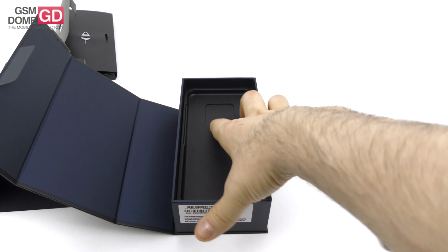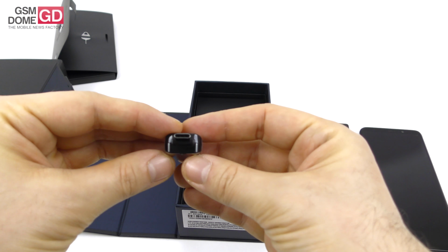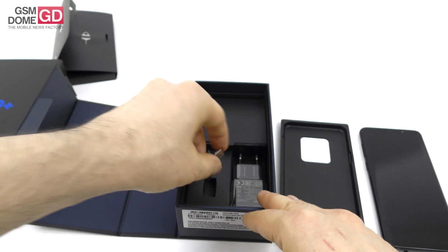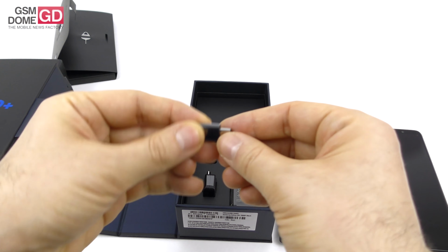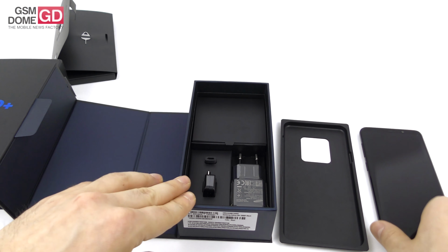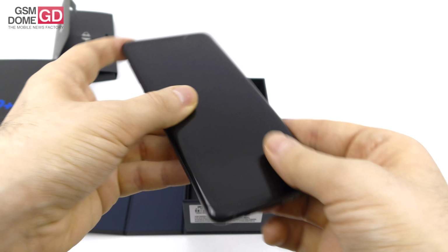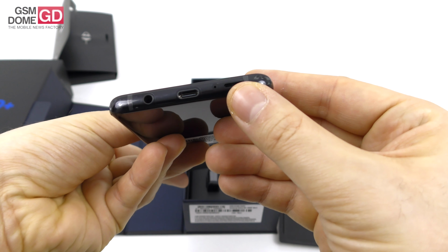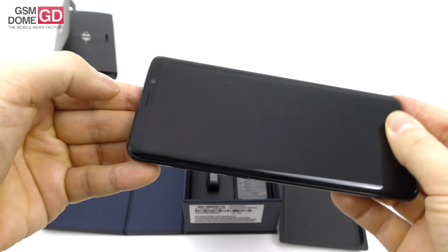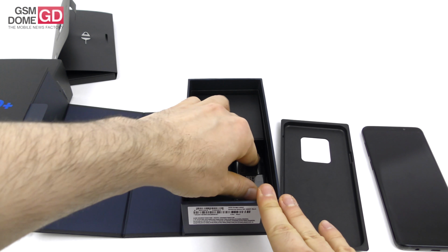Now, inside the box, we can find the following: a special USB Type-C to full USB adapter so you can transfer your data, another adapter, USB Type-C to micro USB, also for the sake of transfer. Don't worry, these adapters do not mean that you don't have an audio jack right here, luckily. And there are also stereo speakers, one here and one here at the top, which I'm guessing is the earpiece. And back to the box, we have the